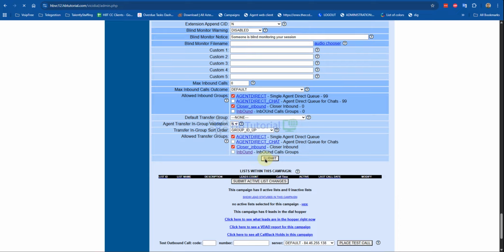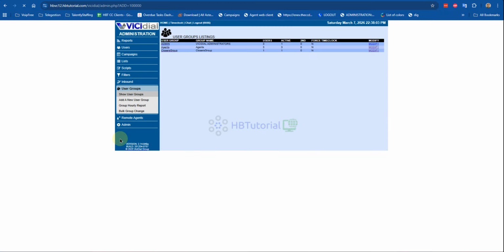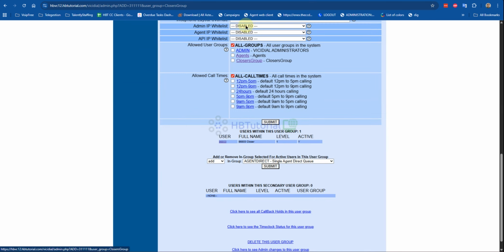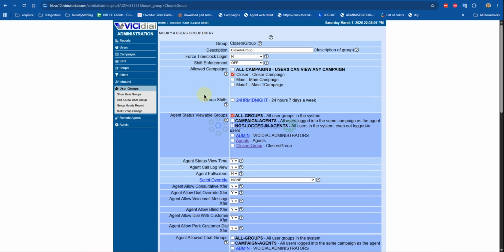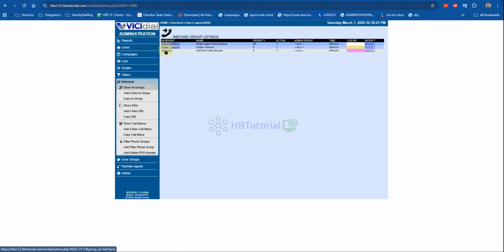Okay, let's submit. So our user group is here. It has selected only one campaign. You can see all the agents and groups. And then we created the inbound group, also the inbound group for closer.